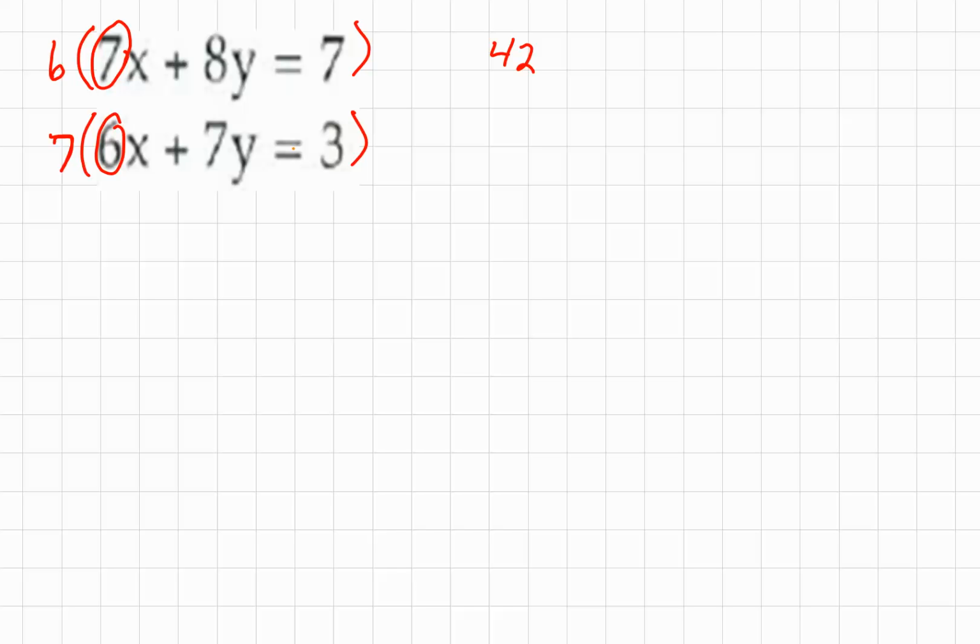But if we multiply the top by 6 and the bottom by 7, we change the coefficients of the x's and eventually the y's, but the x's, we will change the coefficient to 42. But we really haven't done anything to eliminate those. So what we can do is multiply the bottom by a negative. So if we do this,